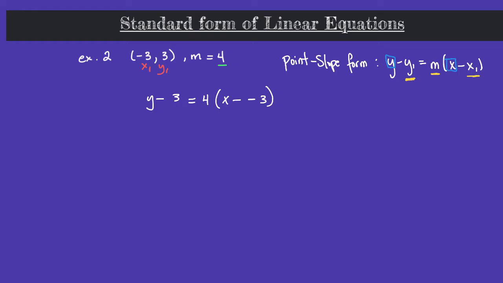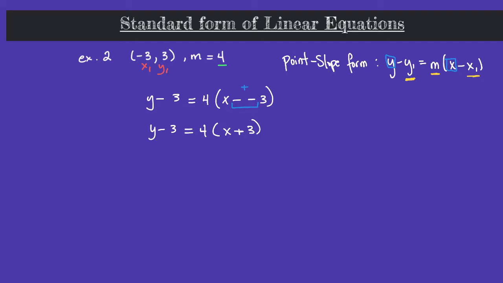Now take a look at our parentheses. We have a minus, we're subtracting a negative, and so if you're subtracting a negative, that turns into a positive. So let's go ahead and rewrite this equation. Y minus 3 is equal to 4 times x plus 3. Now, with that being said,